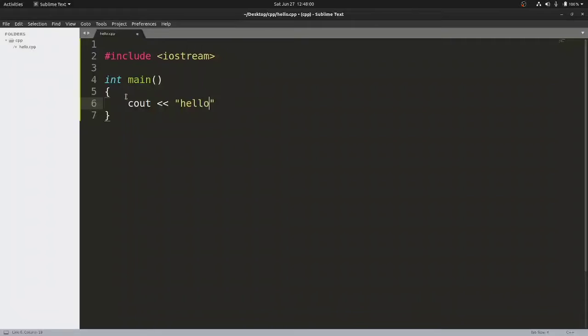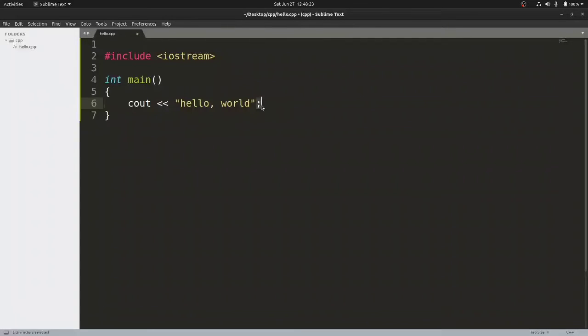As you remember from the last video, we have written something called hello world. Whatever you are seeing here under the double quotes is called a string. Whatever you write inside this string will get printed on the terminal as it is. In Linux we call it the terminal, and just like the terminal, you have something called the command prompt in your Windows operating system. And then a semicolon.